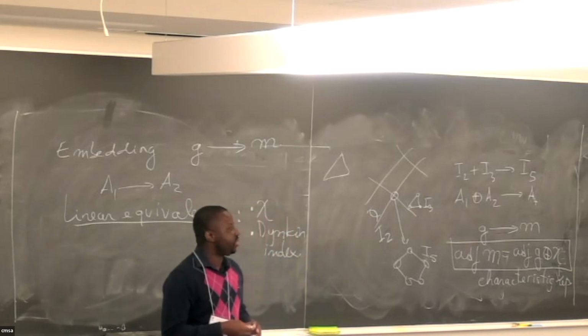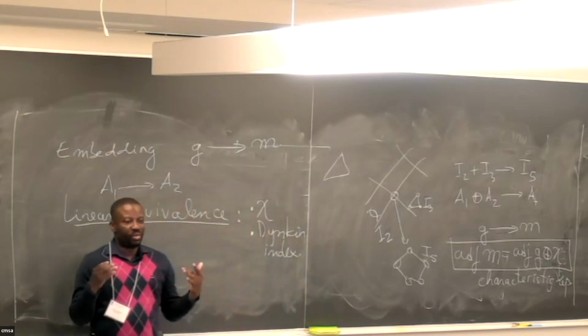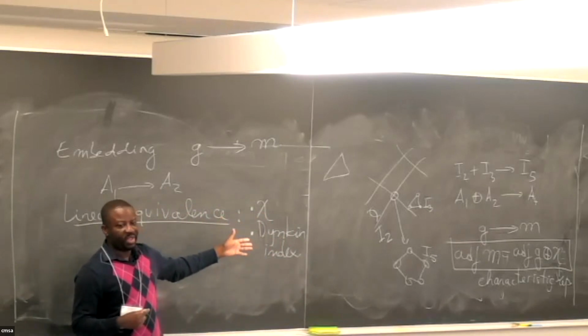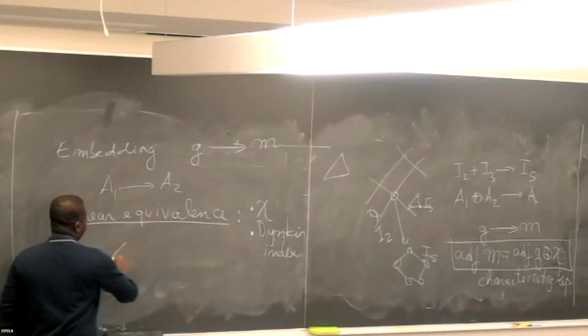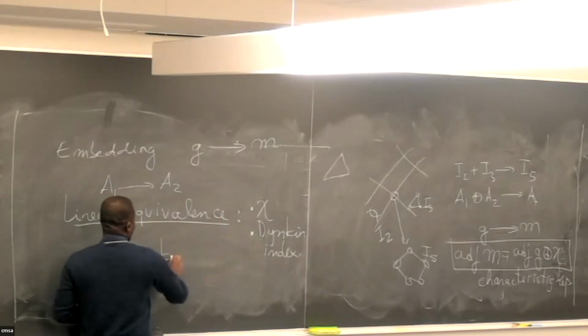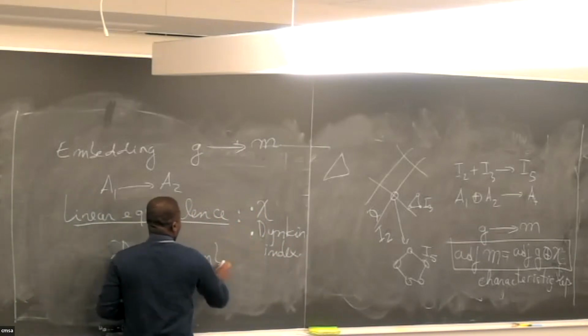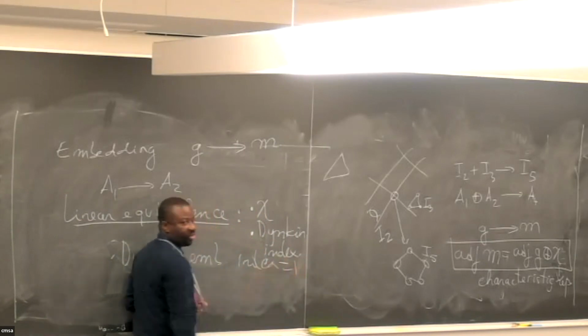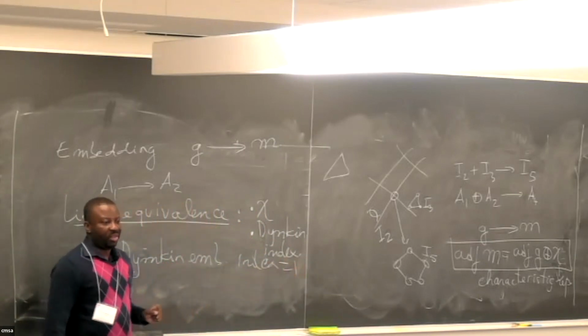This is extremely cute: all the representations that naturally show up geometrically in a theory have this property that the Dynkin index is always equal to 1. And